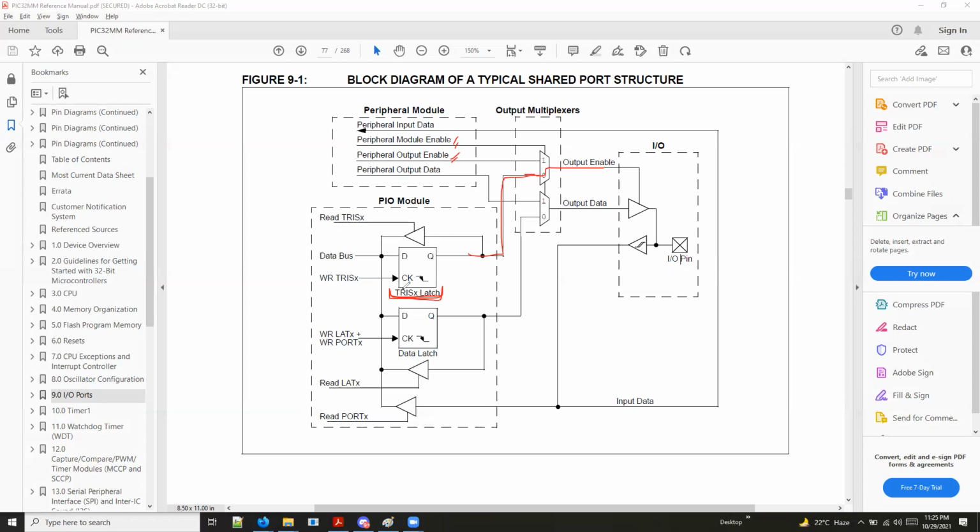So depende dun sa output, sa TRISX register natin, siya yung nagde-determine kung enabled or disabled tong buffer na to. And yung buffer na to, ang data na pinapasa niya, so wag muna natin pansinin yung peripheral, is yung nakasulat doon sa latch na module, ay sa latch na register. So pagka enabled si TRISX, enabled yung buffer na to, therefore yung pin na to, susundan niya kung ano yung